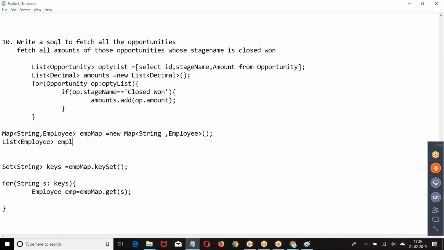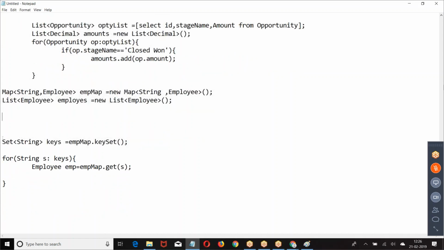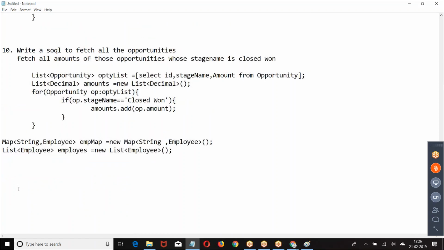So I have taken some employees. Now how do you write a loop? How do you refer to one by one employee? For employee e in employees.